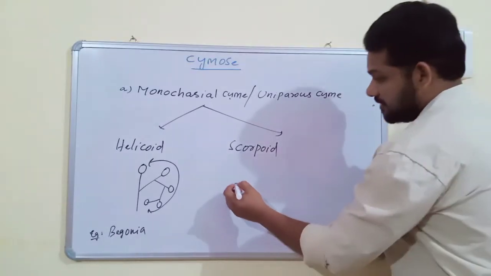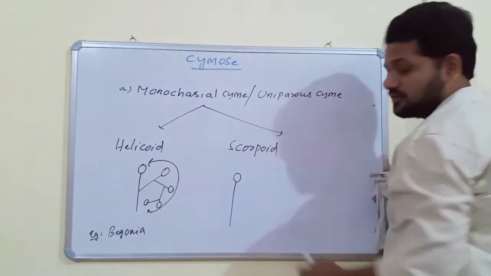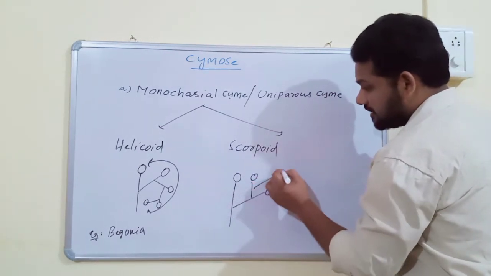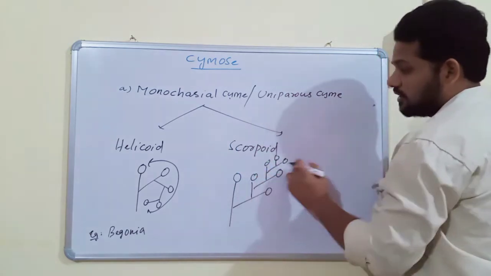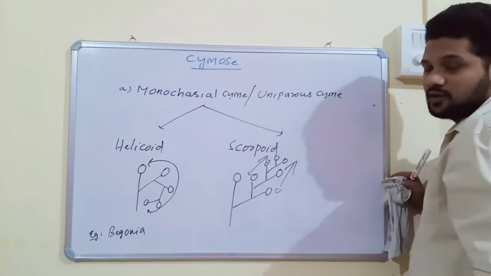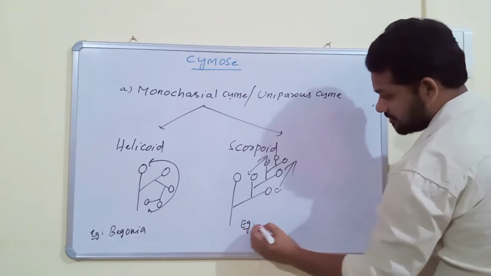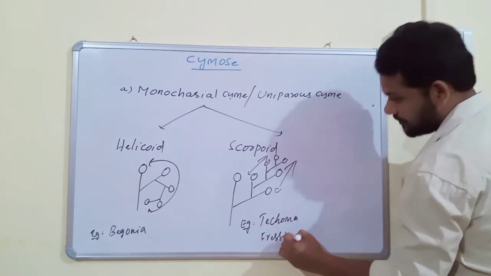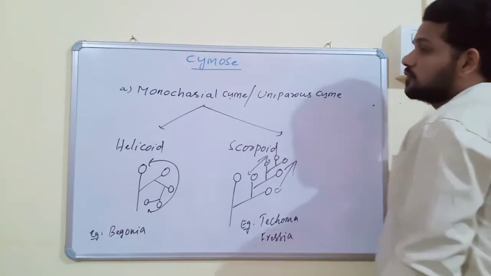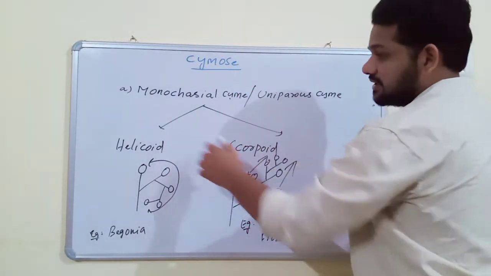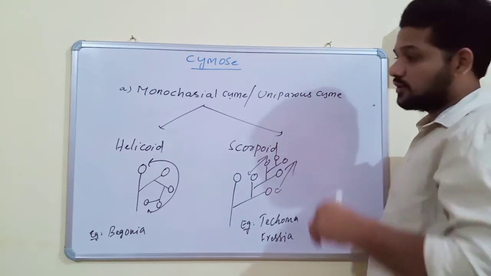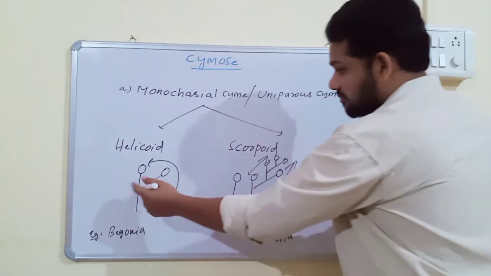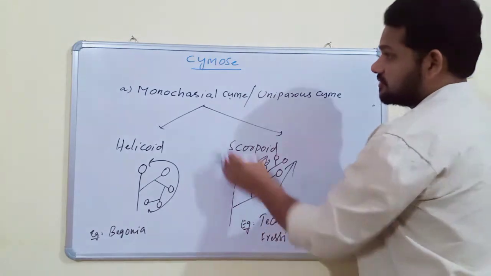The second one is scorpioid. The mother axis ends with a flower and produces branches in a zigzag manner, so flowers are borne on both sides. Examples of this inflorescence are Tecoma and Freesia. So these are the two monochasial branching patterns. In helicoid, all flowers are borne on one side. In scorpioid, flowers are borne from both sides. The mother axis produces branches from only one side, that's why it is called